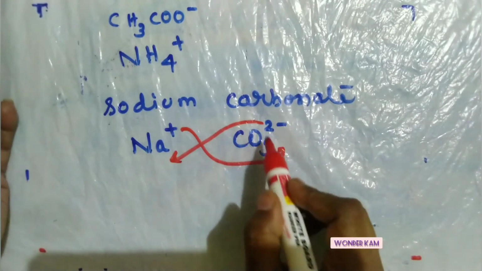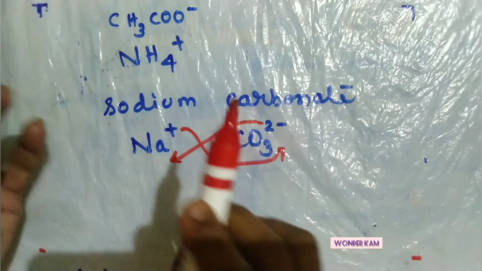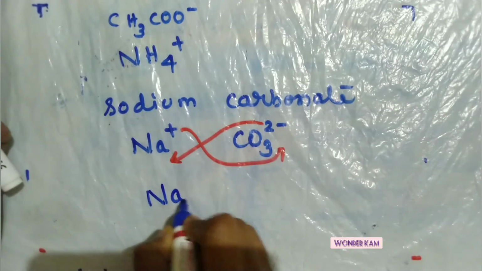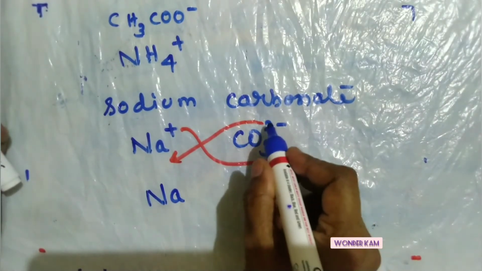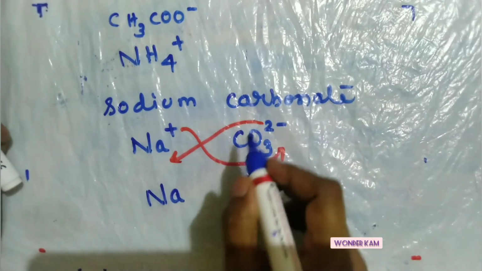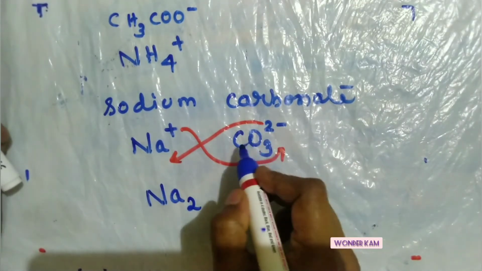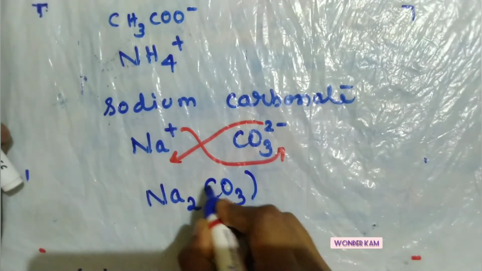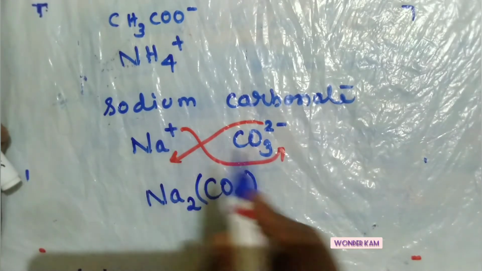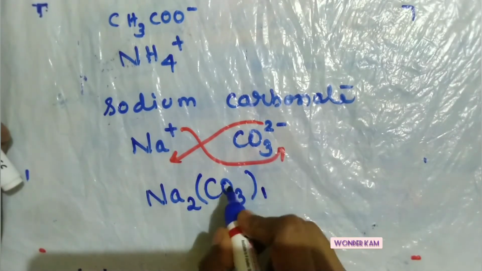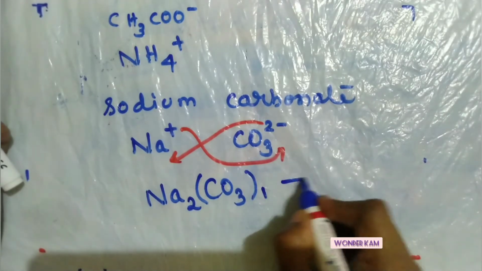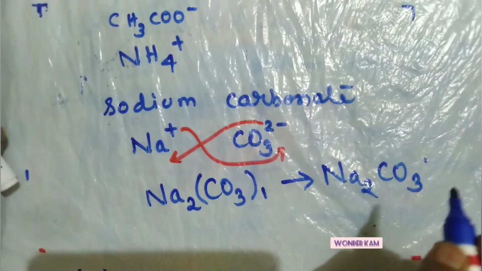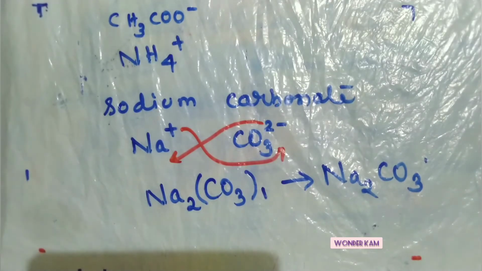You know, carbonate is a single unit, CO3 as a whole. So how will it be written? Sodium, the 2 here is the charge, the valency of carbonate. Similarly for sodium, this is 1, but generally we won't write the 1. So it is simply Na2CO3. Fine. In this way we will write this one.